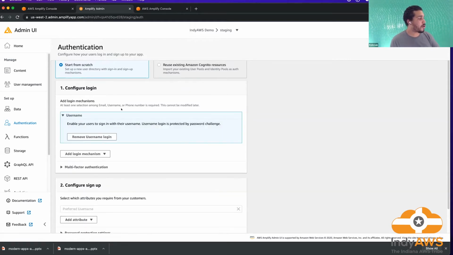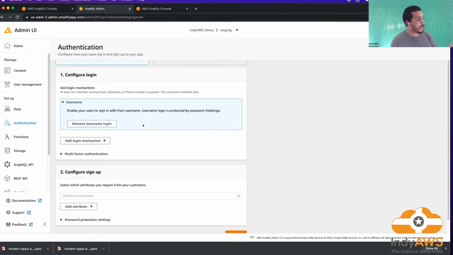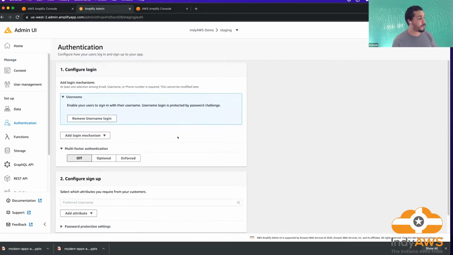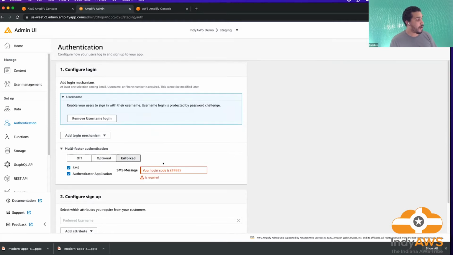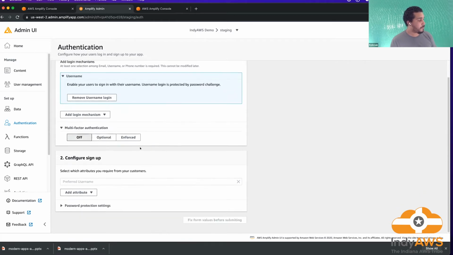But we're just going to start off with username. So once we have a login mechanism, then we can determine whether we want multi-factor authentication or not. And you'll see that it supports SMS right here, and you can simply enter what message you want to be sent to a user, and how you want it to be enforced and things like that. We can keep it off if you want to keep it very basic.